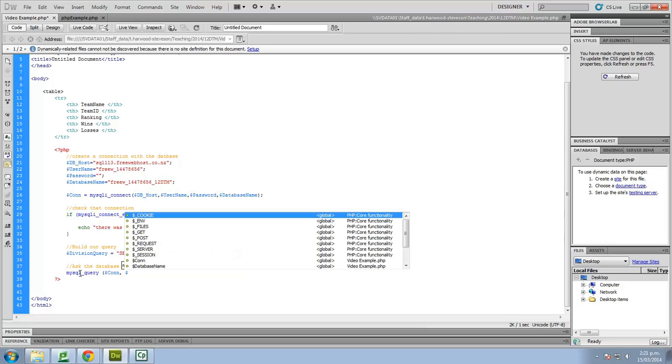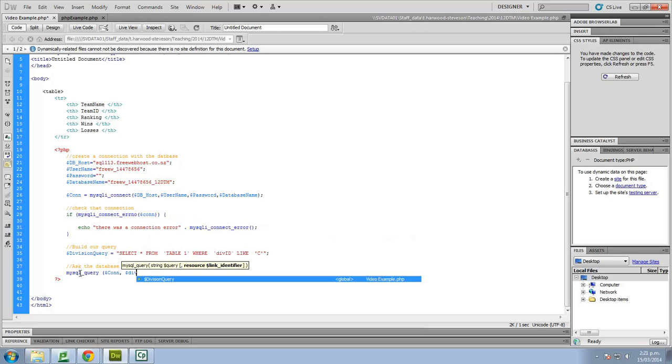So I can just put in division query. Very useful way of using that variable. Okay, so there we go. We've asked the question. Now the results for that question, like all the records that will be coming back from